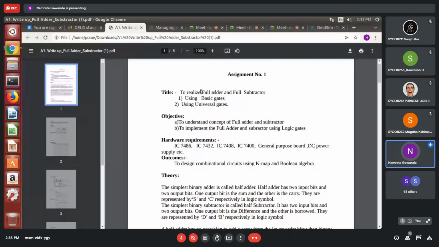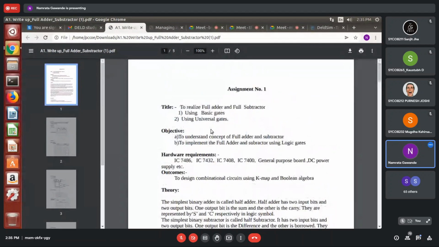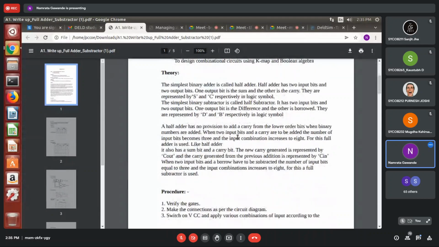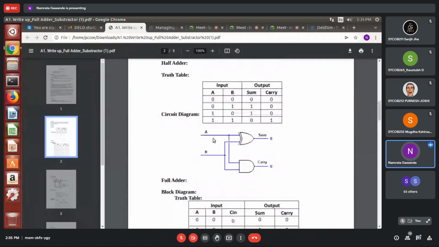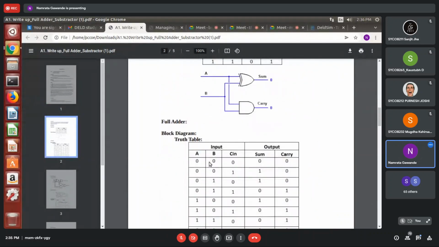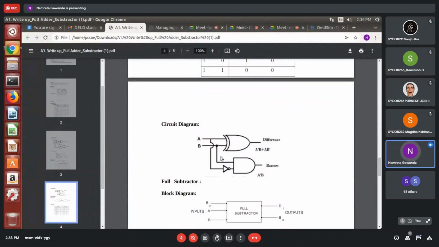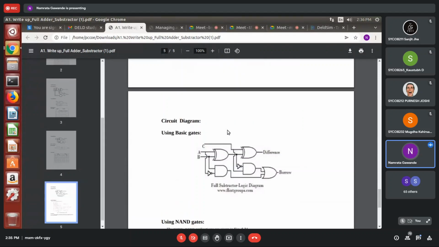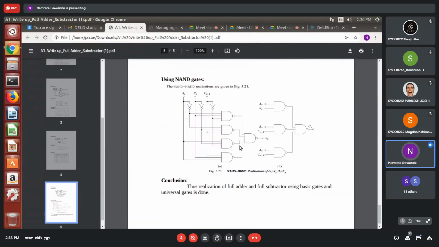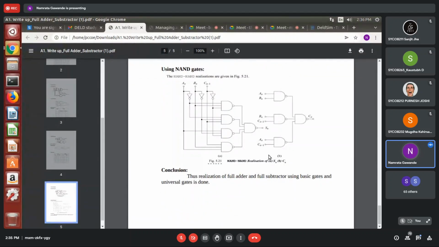Actually, here it is required half adder, full adder, half subtractor, and full subtractor. All are required. Okay. This was based on the previous assignment. So this also I will send you, half adder, full adder. Okay. Half subtractor. Circuit diagram is also given. Full subtractor. Okay. NAND realization is also given.